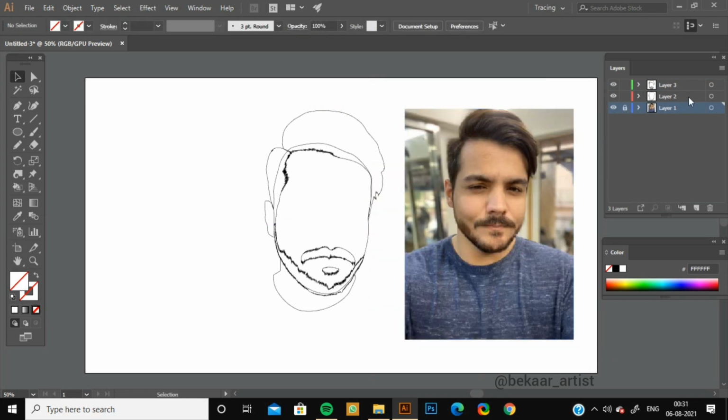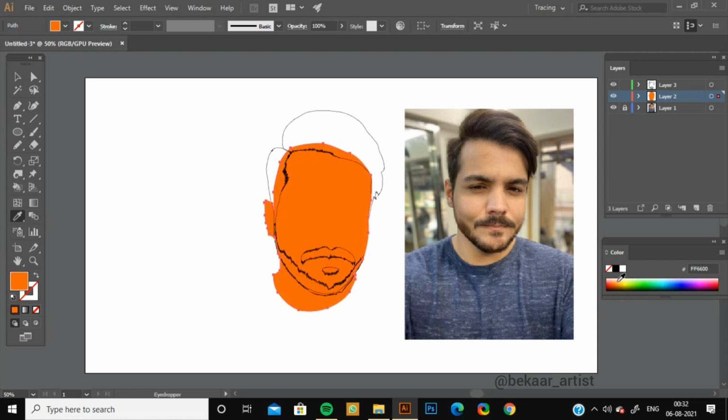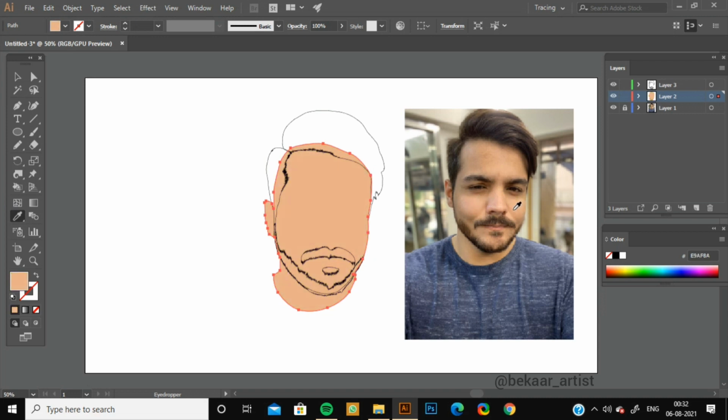Now first we'll fill color in this part. So you can either use this eyedropper tool to select the color from the reference image, or if you want, you can select the color from your color toolbar. Now I will use this eyedropper and use color from the reference image, and then for stroke I will keep it black.